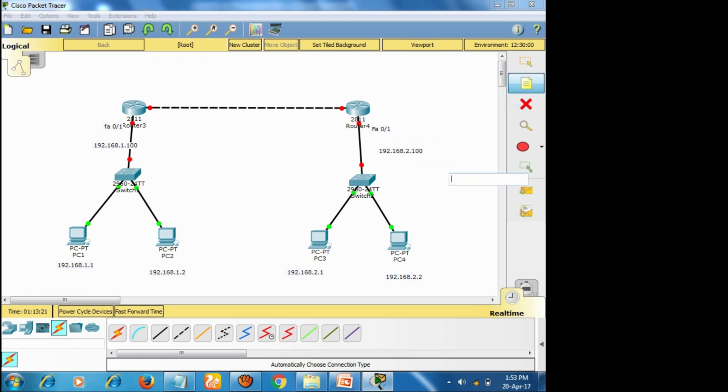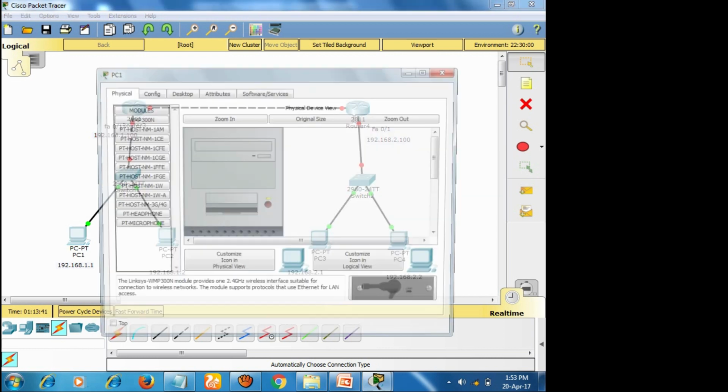So actually for this network, for 192.168.1.1 and 1.2, the default gateway is 1.100, and 2.1 and 2.2, the default gateway is 2.100, okay.